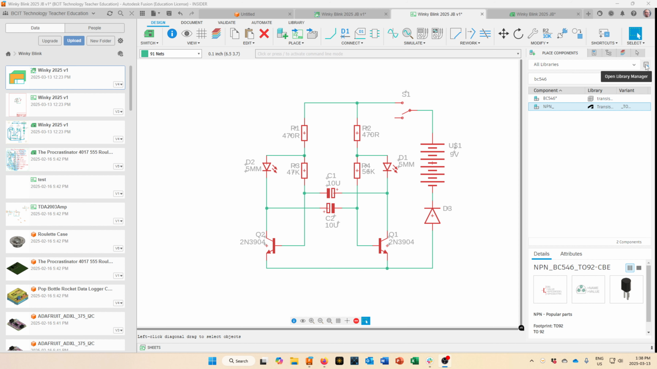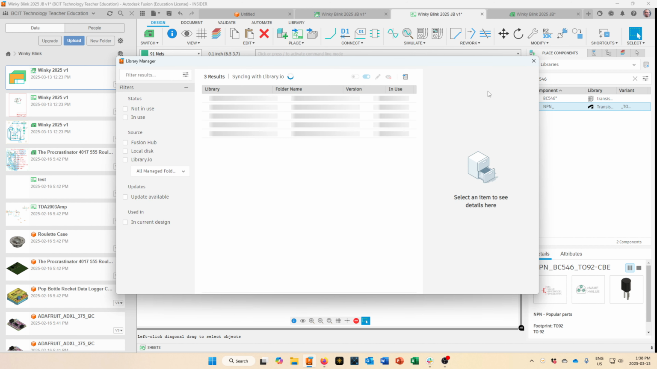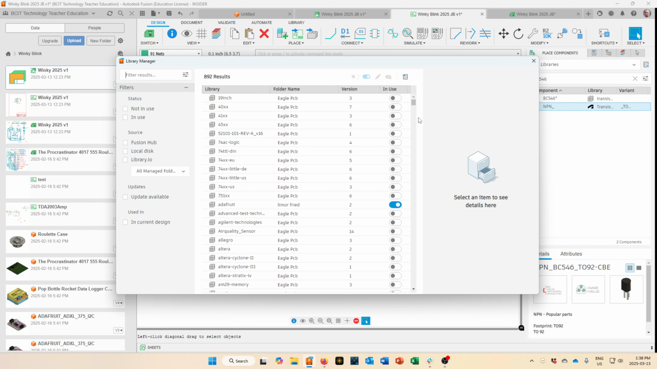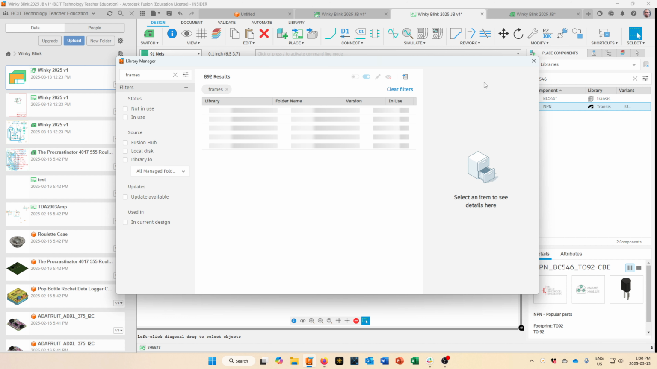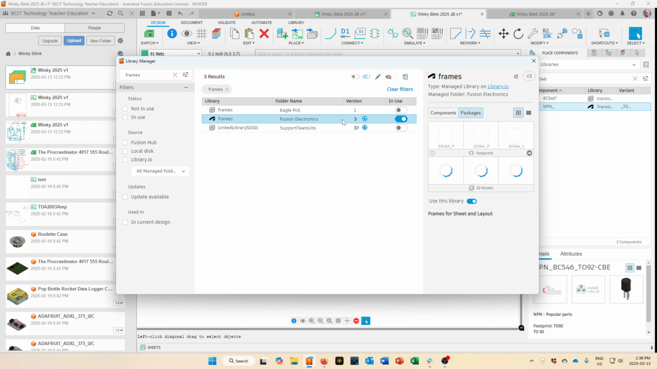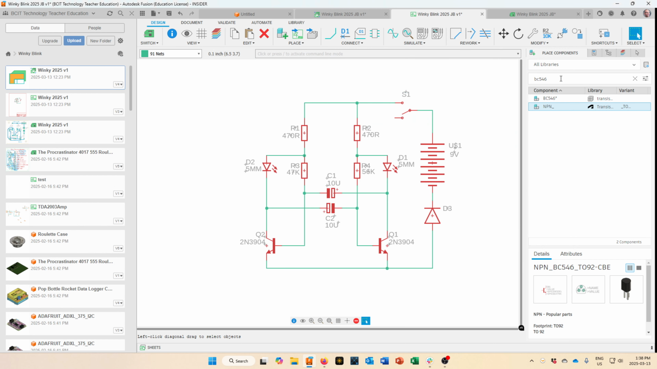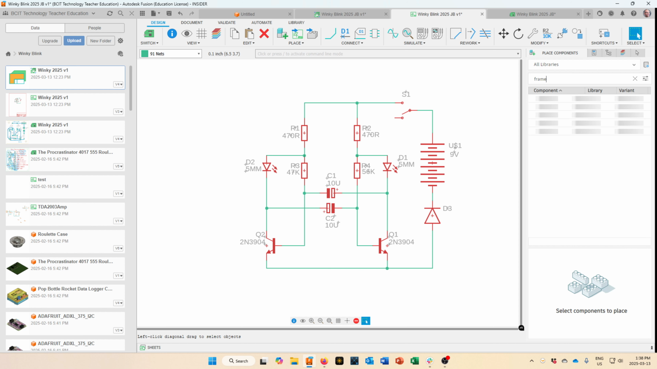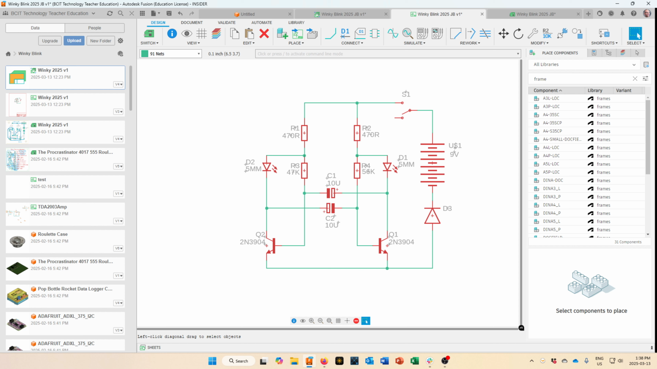Let's just go to your library manager here for a moment. So library manager, that little thing right next to where it says all libraries. And just look for the library called frames. And there's one here from Fusion Electronics. Make sure frames is turned on. Okay, it's got a whole bunch of sheet layout things. And so if we turn that frames on, then when you come in here and search for a part to place, and you go frame, there's a whole bunch of ones that come up right in here,